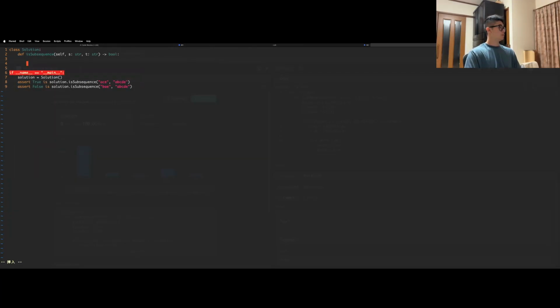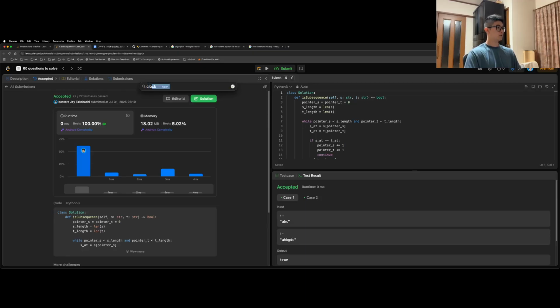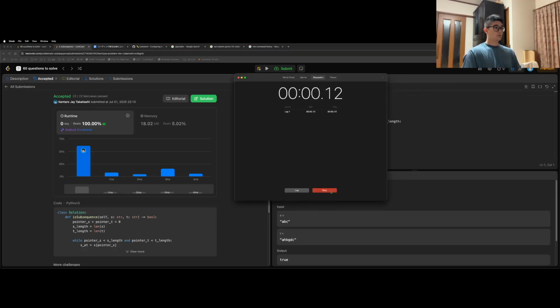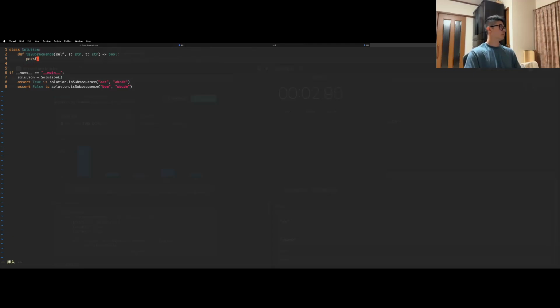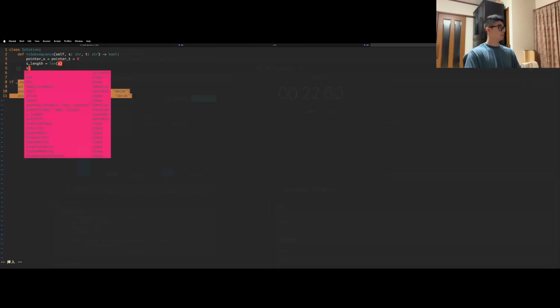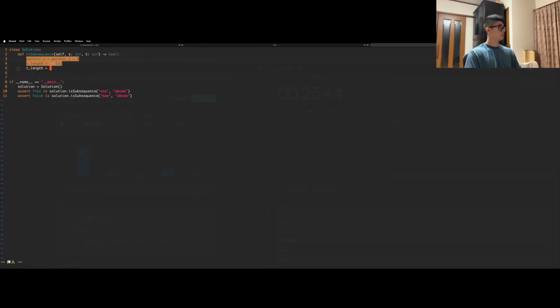Alright, I deleted everything, pass, and let's start, and let me open up clock. So what I'm going to do is initialize pointer s and pointer t equal to 0, and also s length equals length of s, and t length equals length of t,